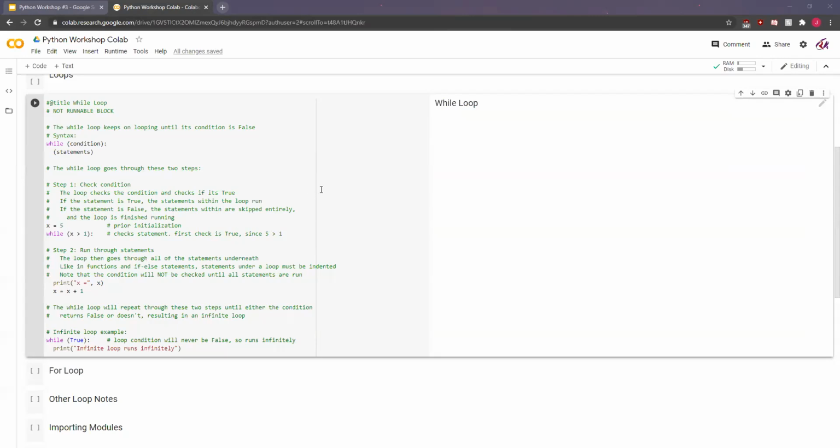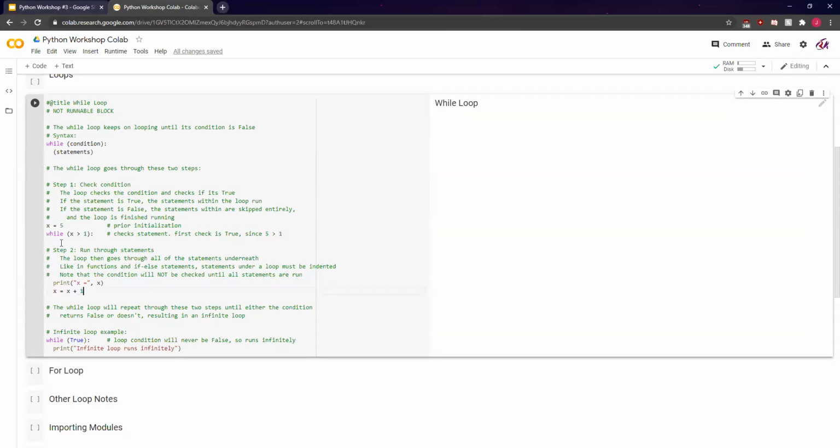Like in functions and if-else statements, statements under a loop must be indented. Note that the condition will not be checked until all statements are run. If we consider these two statements as a block underneath this while, they will run sequentially, as they would in if-else statements or regular lines. So we'll go through both of these. Then the while loop will repeat through these two steps until the condition returns false,